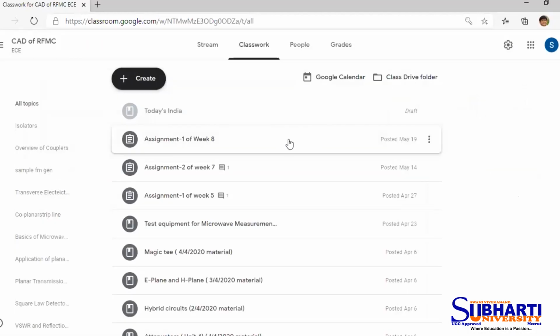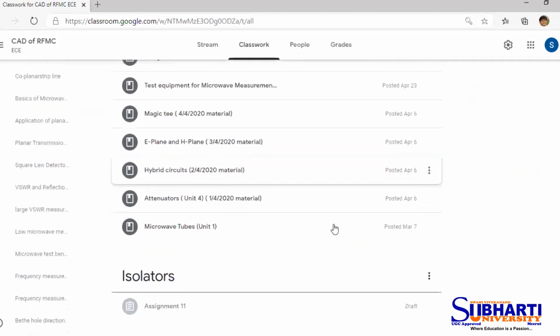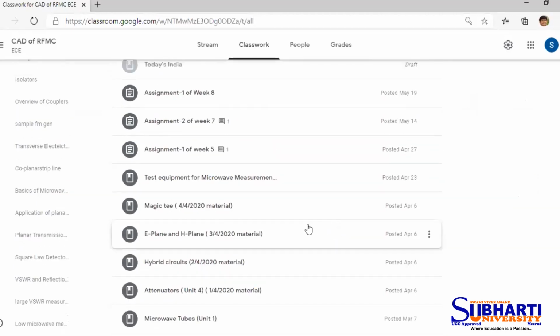For an example, I have a subject and I have taken the class, say on April 6th, and I want the student to repeat it and understand it, and I want to showcase it once again as a repeat section. So I can actually click it and reuse it for the same class in the coming months as well. So these are some of the major benefits of reuse post.